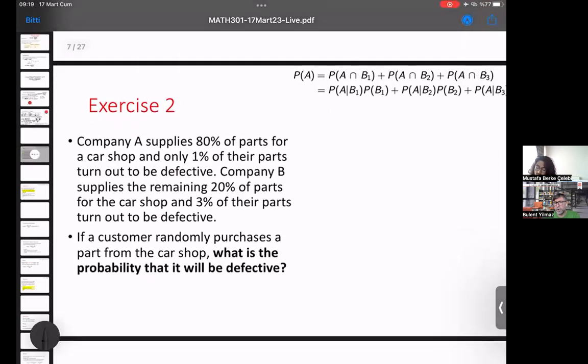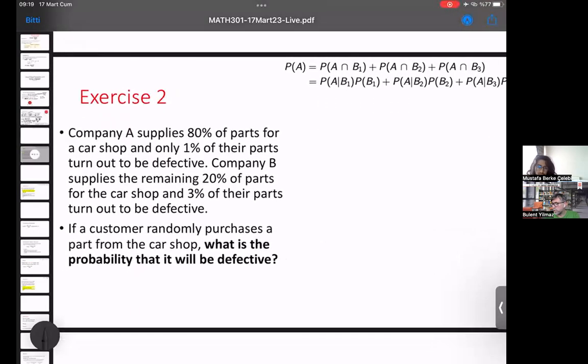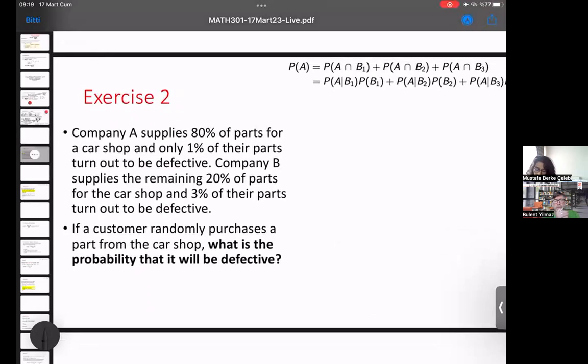Let me move to another one. Now I want you to read the question. I'm going to read it out loud and I want you to solve it and write on chat. Company A supplies 80% of parts for a car shop and only 1% of their parts turn out to be defective,